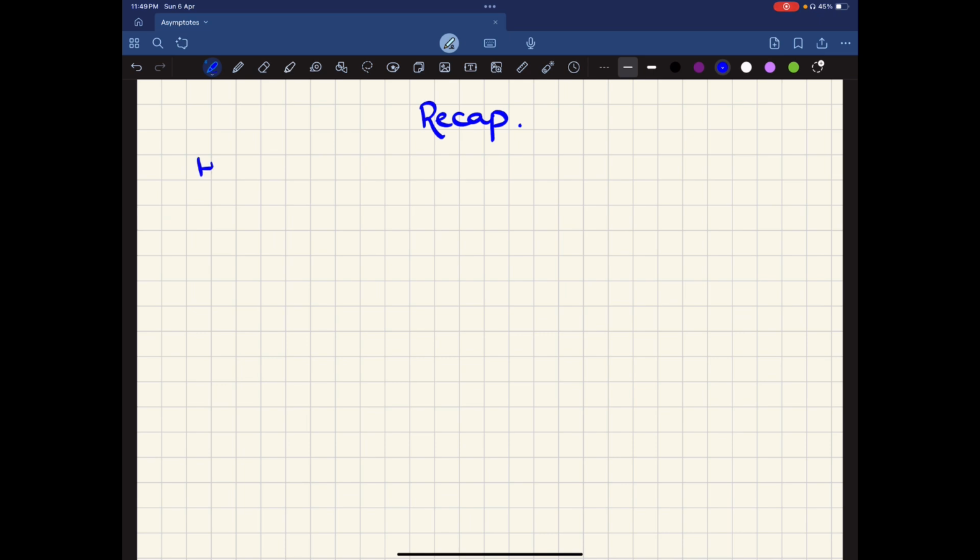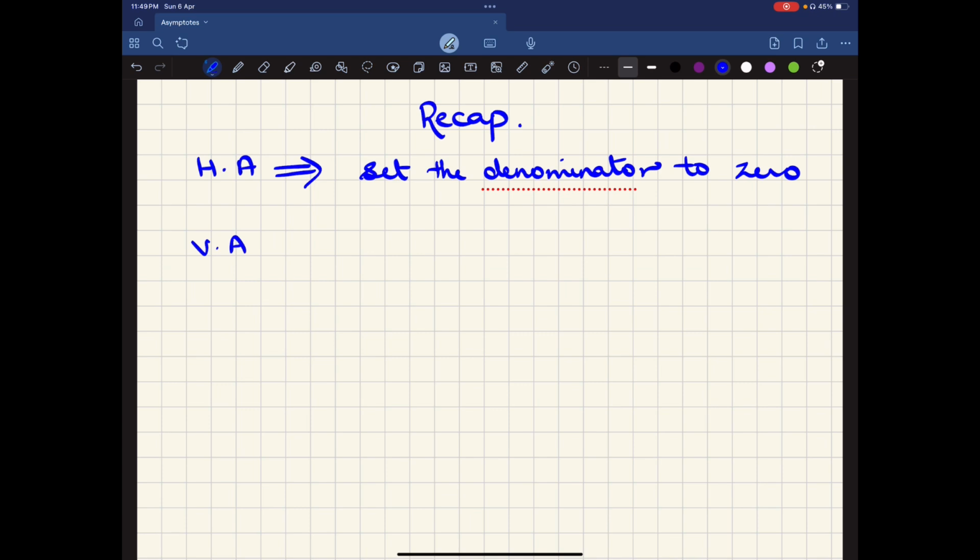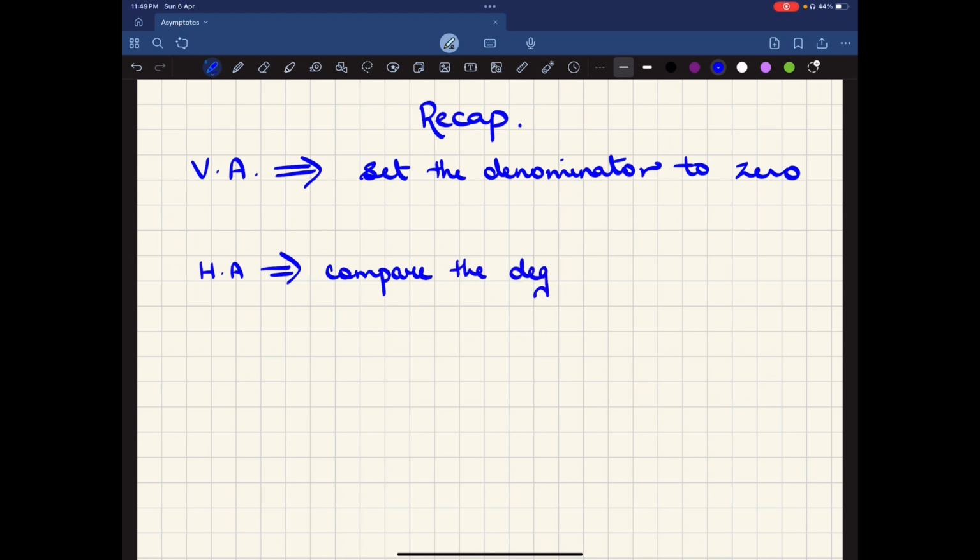For vertical asymptotes, you have to set the denominator to 0. For horizontal asymptotes, you have to compare the degrees of numerator and denominator. Okay, in case the degree in the numerator is less than the degree in the denominator,